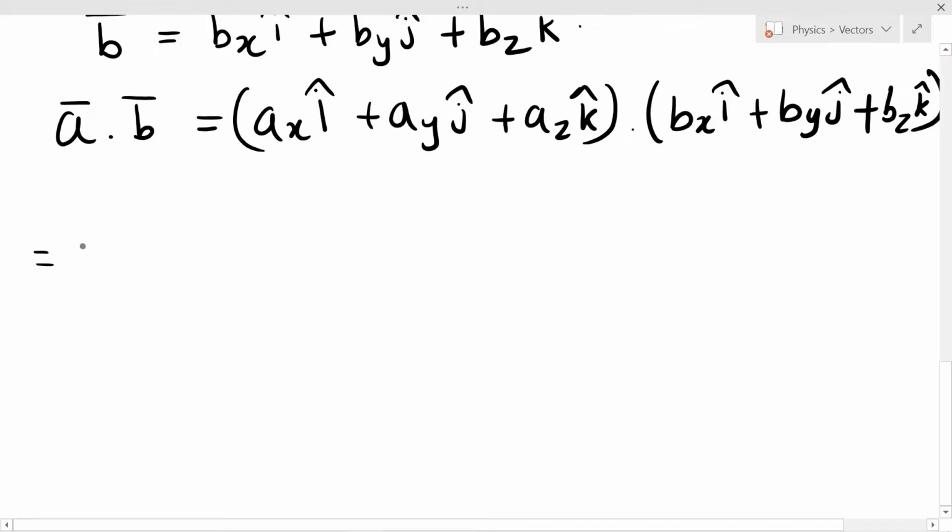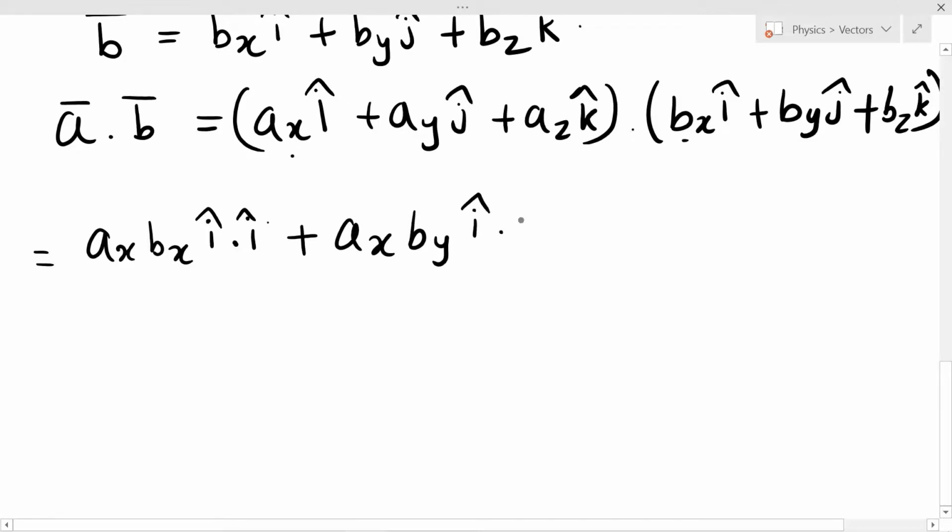So this will be ax bx I cap dot I cap. So I am dotting this with this, plus ax I cap dot by j cap. So this becomes ax by I cap dot j cap plus ax bz I cap dot k cap